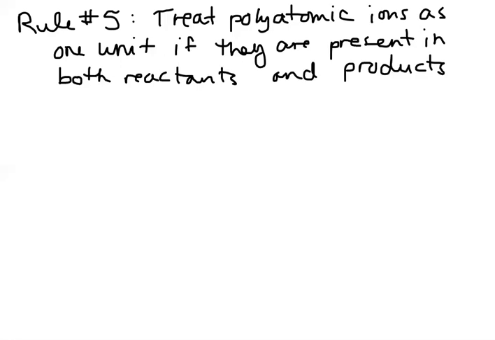Sometimes polyatomic ions are going to break up. For example, if you have KClO3, your polyatomic anion is ClO3. That can break up into KCl and O2. This is not what I'm talking about in terms of treating polyatomic ions as a single unit, because this is not present in both the reactants and products. Okay? What I'm talking about is something like,